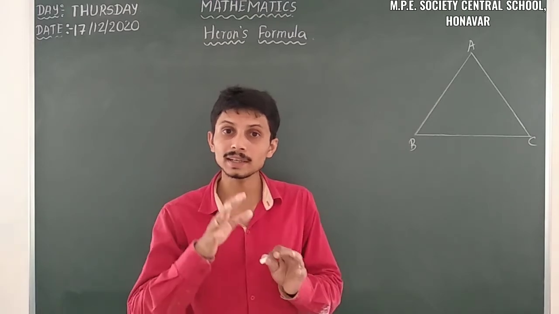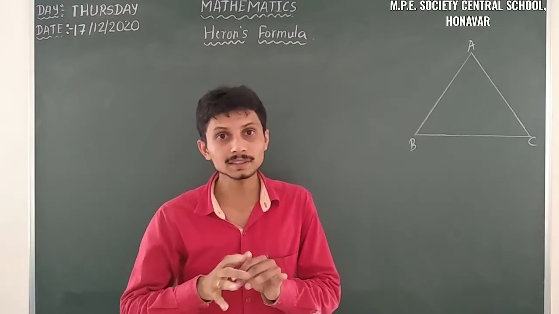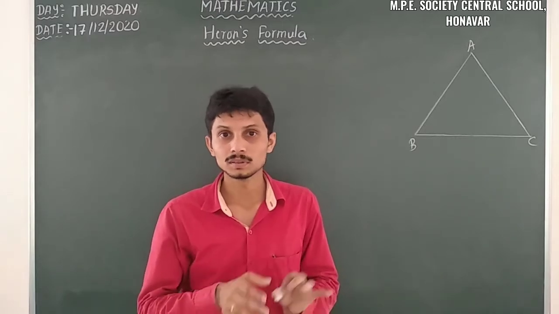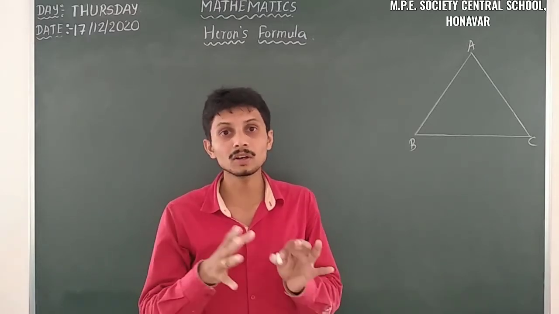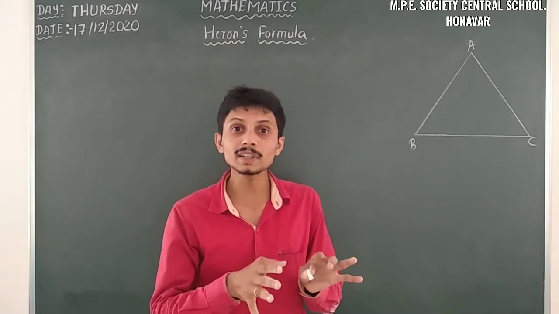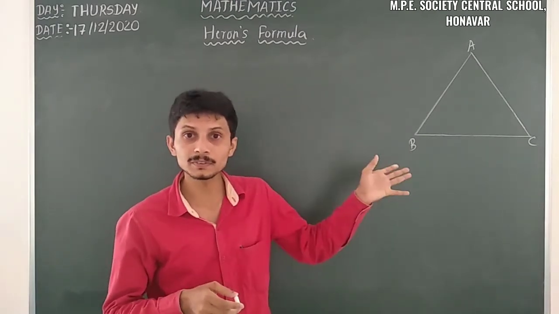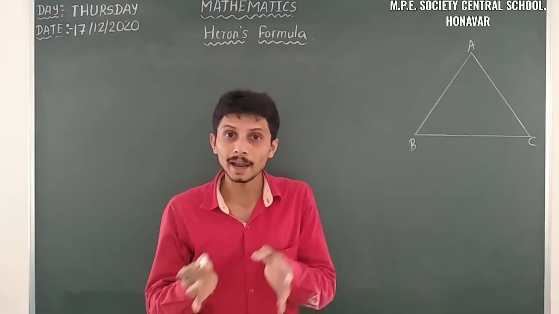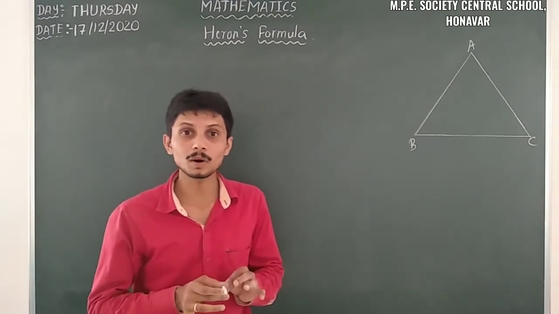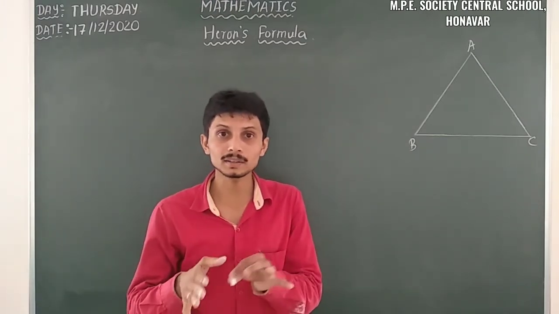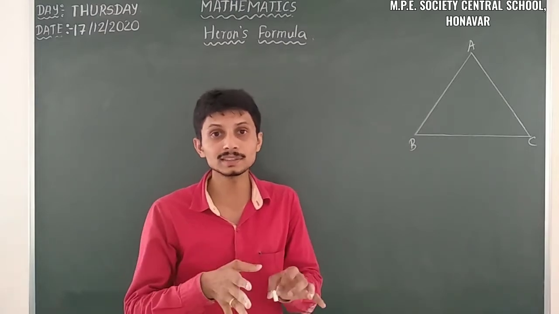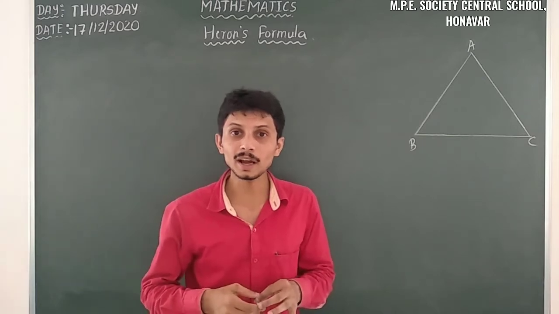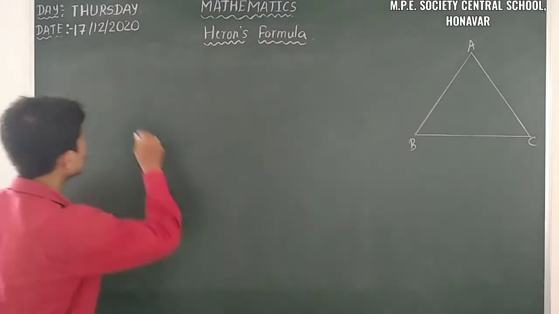In the case of the right angle triangle, equilateral triangle and isosceles triangle, that formula is suitable when we have to find the area of a triangle. But in a scalene triangle, it is difficult to find the area using that formula. So that's why Heron invented one formula to find the area of a triangle, whatever the triangle we have, so we can insert the values into that formula and get the area. So let us learn about Heron's formula.